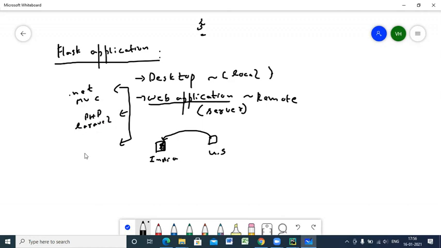Then, if we're working on Python, to develop a web application we have a framework called Flask, or else we can also use something called Django. Django and Flask are the two different web frameworks where we can create web applications. So when you're working on Python, either you can use Flask or Django. Is it only two, or do we have any others? Yes, we have many more frameworks, but the most popular are Django and Flask.